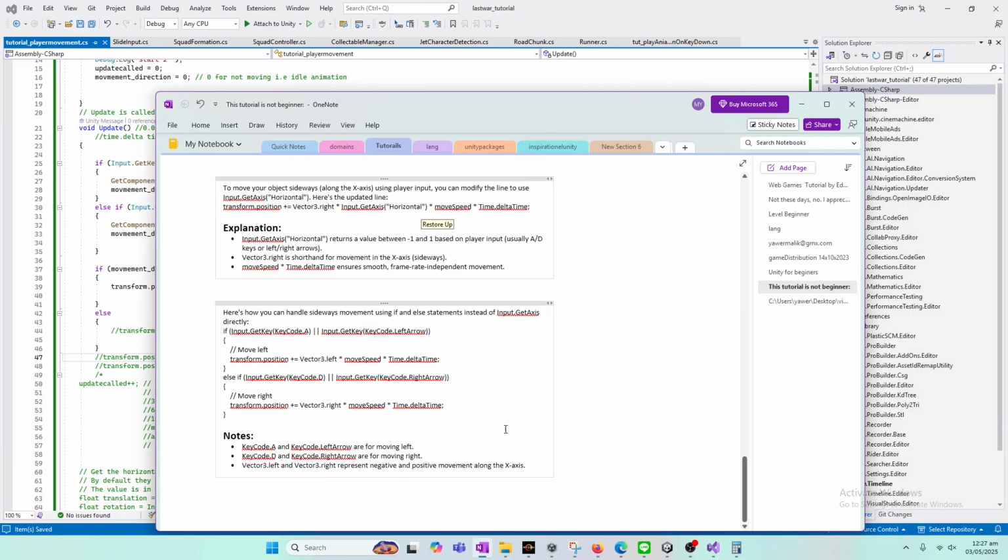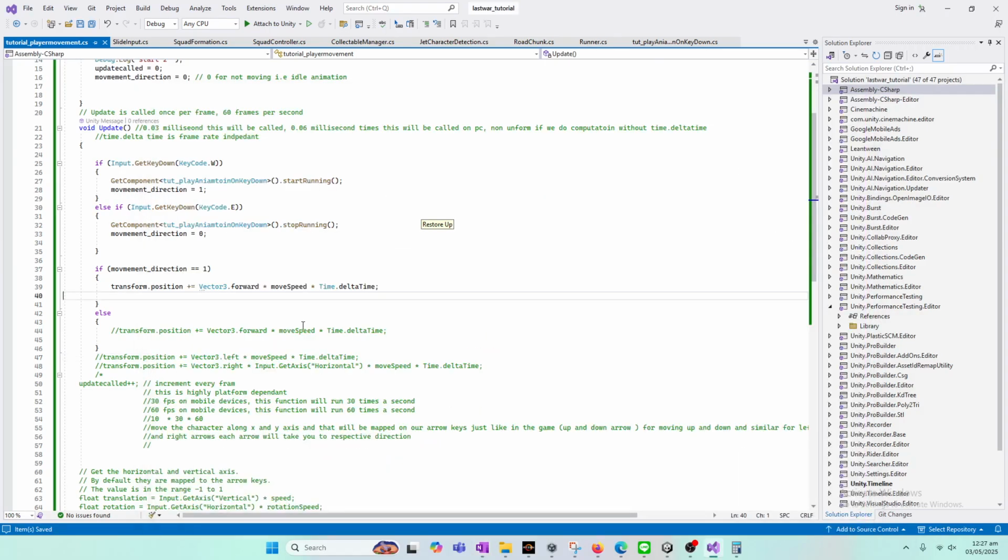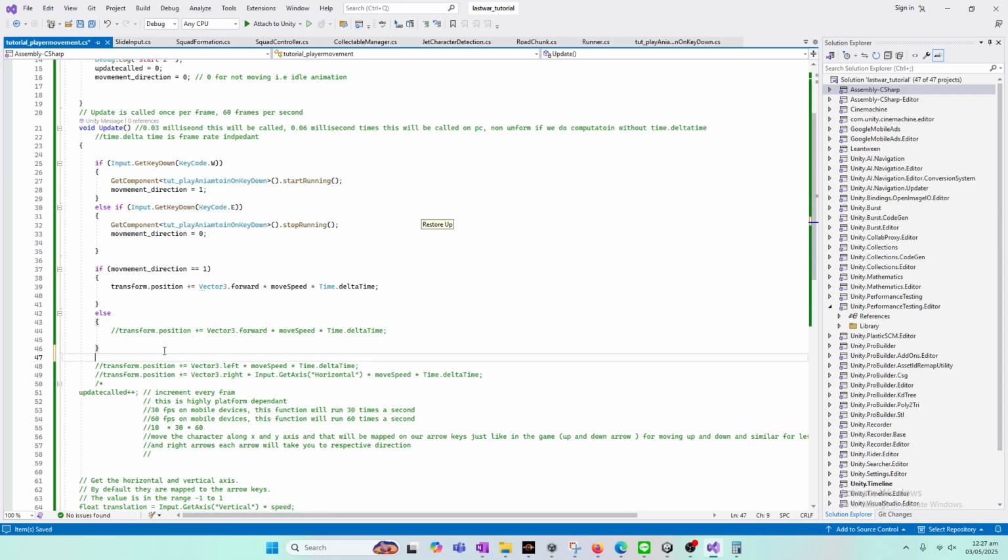To address this, what we will do is simply use Input.GetAxis, and this has two keys, horizontal. Sorry, Input.GetAxis("Horizontal"). So whenever the right key is pressed, or the A or D key, D is for right and A is for left, it will automatically take the forward direction and play it. So adding just this line,